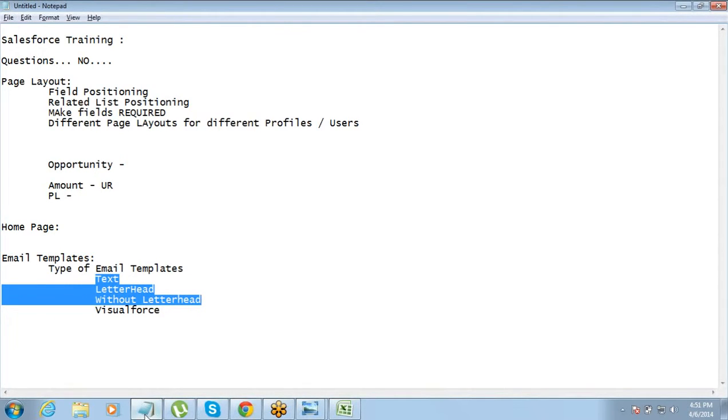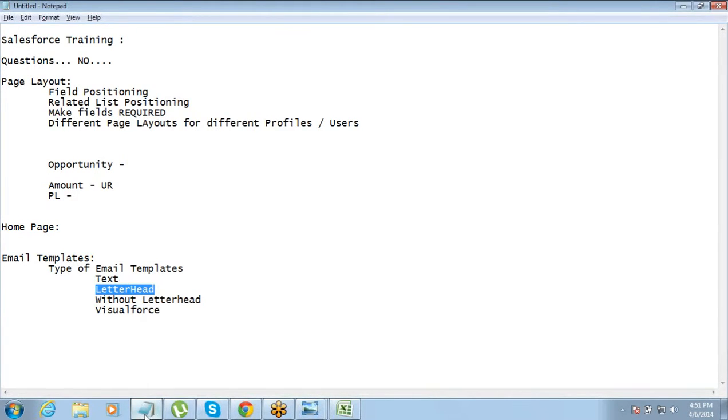The only difference is that in the text email template you can just send plain text, no formatting, nothing. A text email template will not have any formatting option. If you want to create a table, color the text, or change the font, nothing is available. In a letterhead template you have the text formatting options.